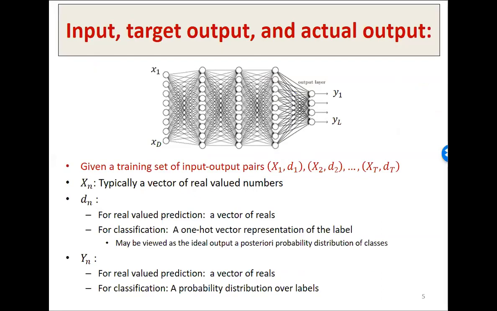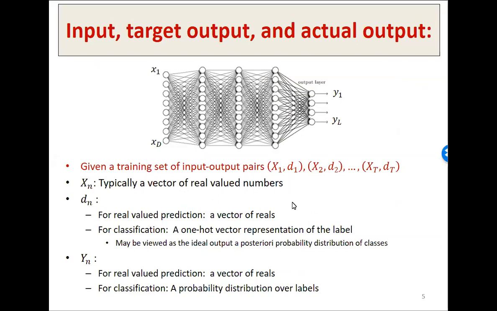So the input and output were defined like so. The input X is typically a vector of real valued numbers. The desired output in response to X depends on the problem. If you're trying to make real valued predictions, then the desired output would be a vector of real numbers. If you are performing a classification task, then the desired output is going to be a one-hot vector representation of